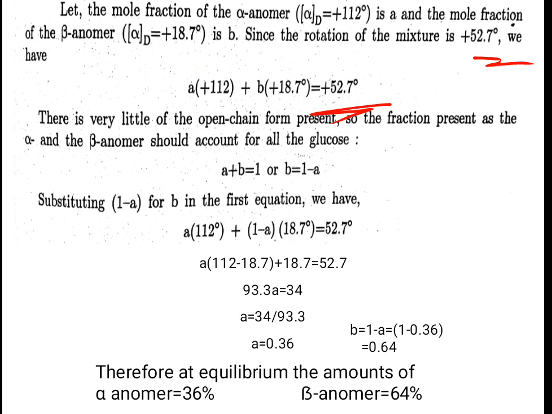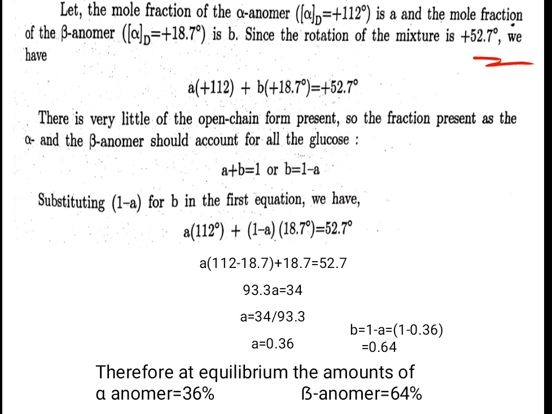A is not actually 36 or 64. This will be a fraction smaller than 1. There is very little of the open chain form present, so the fraction present as the alpha and beta anomers should account for all the glucose. That means we are neglecting the open chain form, and that's why we get the relation A plus B is equal to 1. The alpha-D and beta-D will contain all the glucose at equilibrium. We are assuming that,